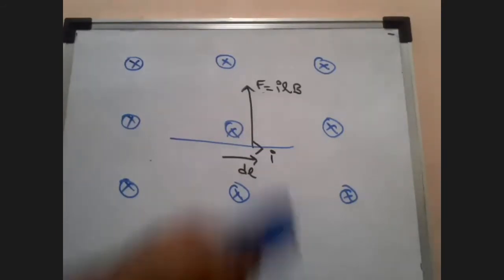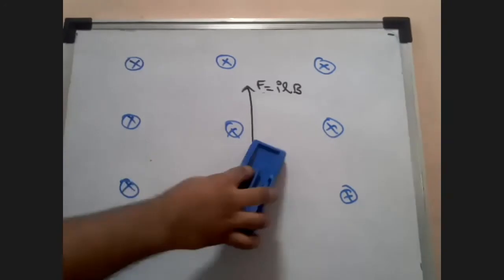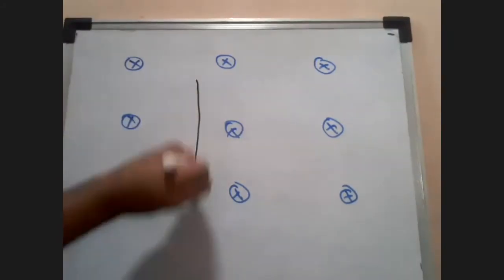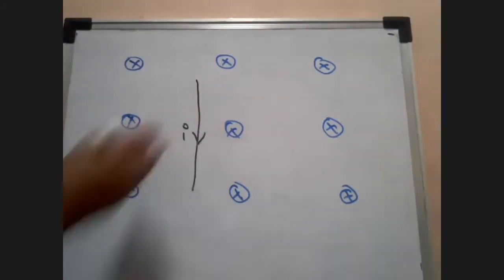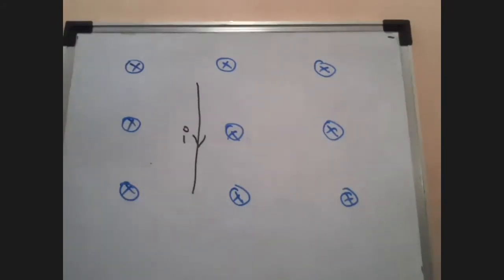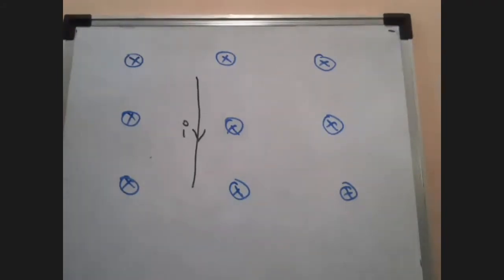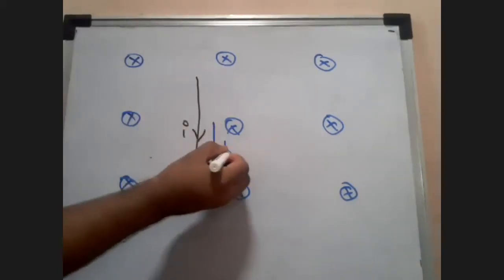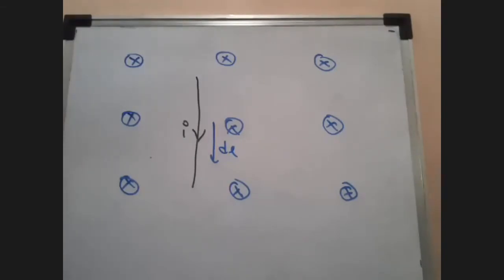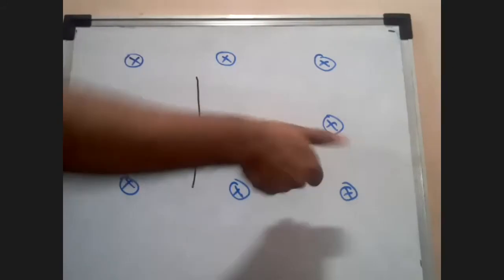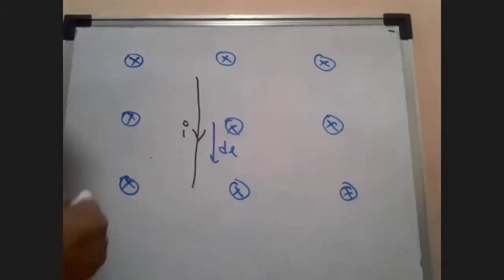But suppose, let's keep doing some sums. Let's say the current in this conductor I is downwards. In that case, where is my force, students? No one seems to respond. Where is the force? Take a length vector here, dl. The important thing is you have to take this length vector dl. And you apply your right hand rule here. Curl your fingers towards the magnetic field, and you definitely have a force on the right hand side.